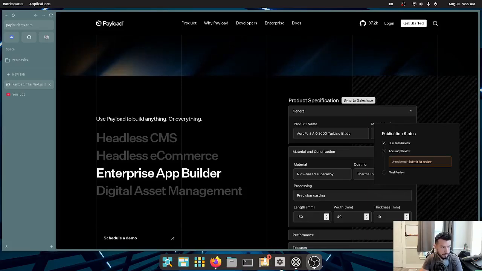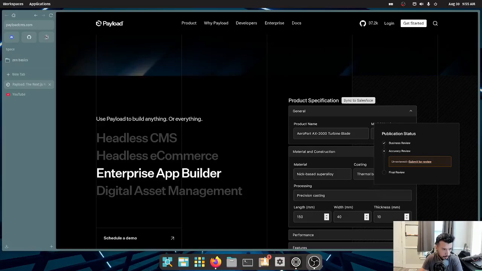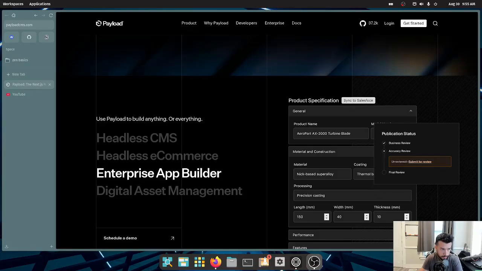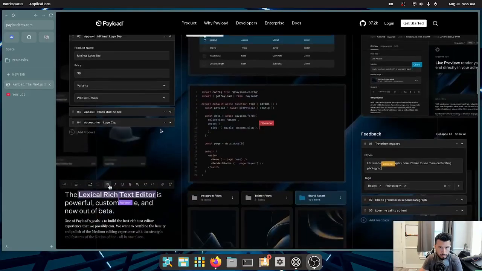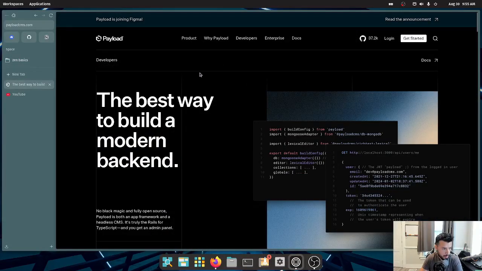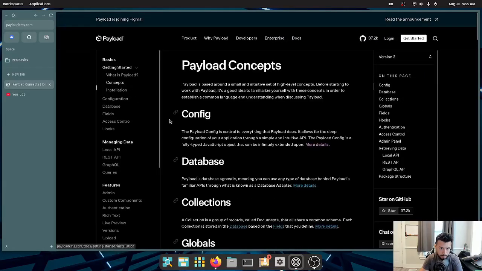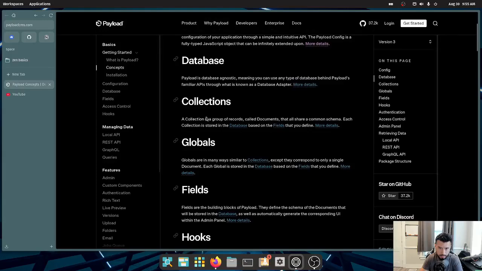One of the coolest things about Payload CMS is that it's code first. You don't have to click around in the UI to create your schema. Instead, you create what's called a collection, and that's where you declare your data. Explore the docs, concepts, and collections. We'll get into depth on all the concepts for Payload CMS, but for now, we'll just do an overview